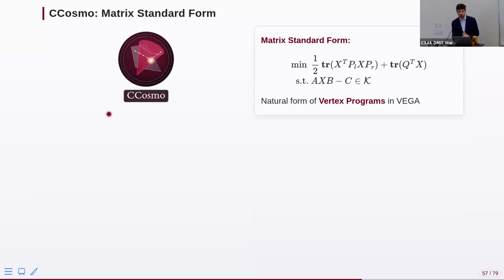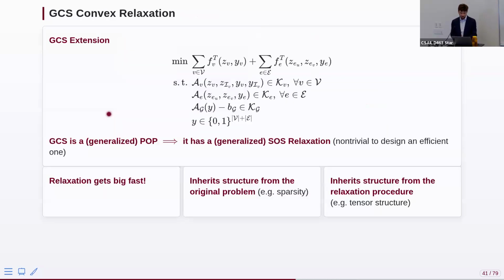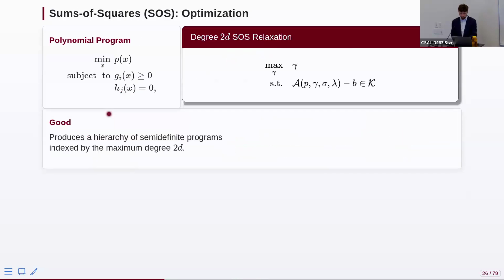The reason these show up is when you do a sums of squares relaxation, for those who are familiar with these techniques, a lot of the time you end up multiplying constraints together. That multiplication procedure is actually an outer product. And so any procedure that you use to generate multiplied constraints will generate these matrix inequalities. In fact, the Shor relaxation itself